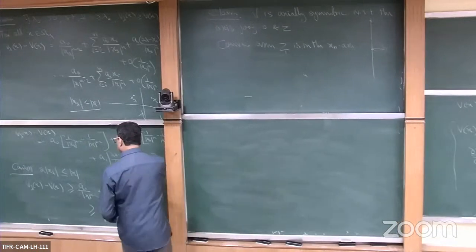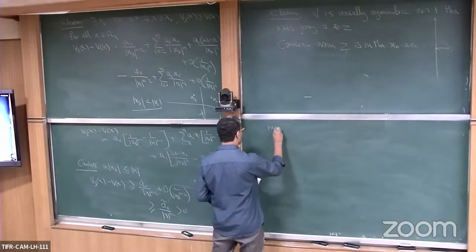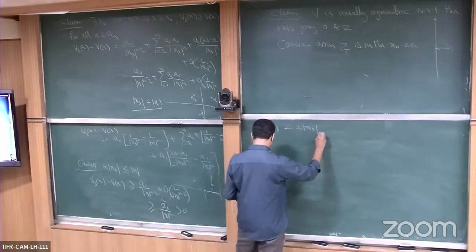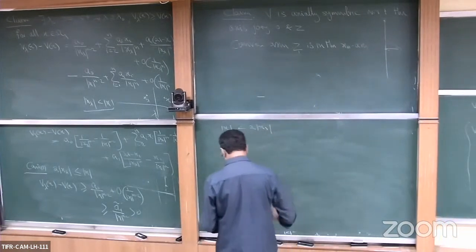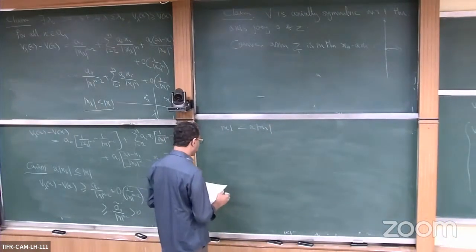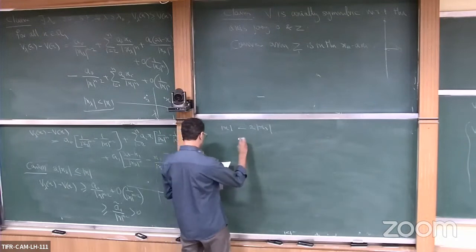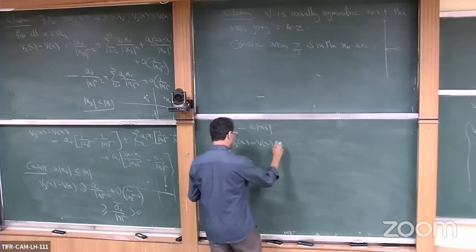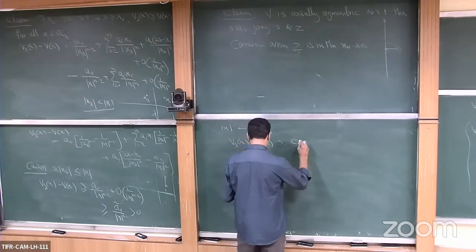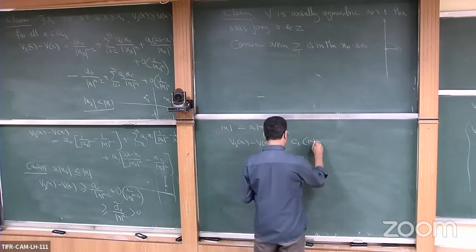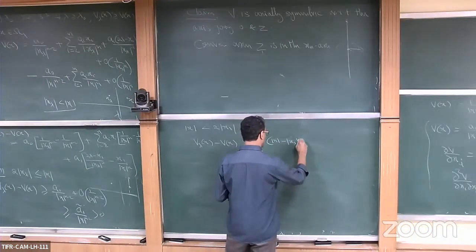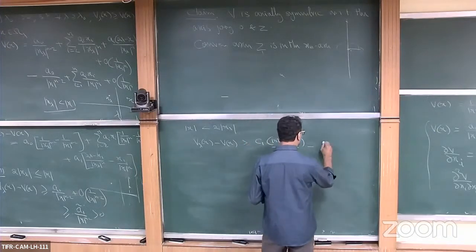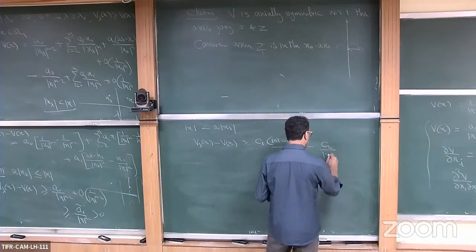So now the remaining case: I can assume that mod x is strictly less than 2 times mod x lambda. You can calculate things and manipulate a little bit. So what you will get here is that V lambda of x minus V of x is going to be greater than or equal to some constant c1 times mod x minus mod x lambda by mod x to the power n minus 1, minus some c2 divided by